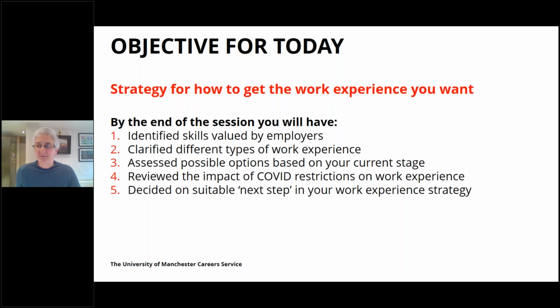So this is the menu for today. The key objective for today is a strategy for you to get the work experience that you want. And by the end of the session, we're going to have identified key skills that are valued by employers, so things that you might want to be looking to develop in your work experience. We're going to talk about the different types of work experience and when these might be available. So that's point 3. So what possible opportunities there might be based on the stage you're at in your degree